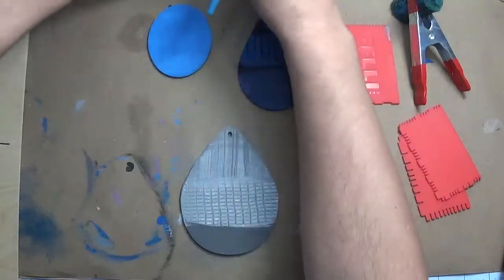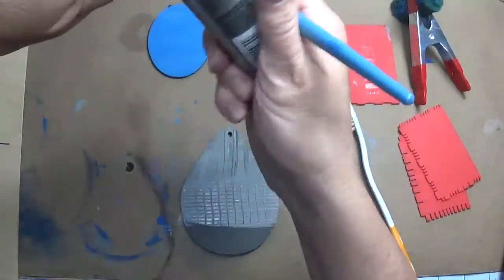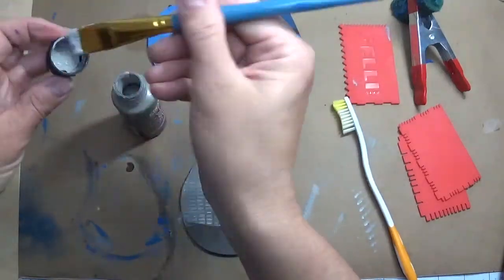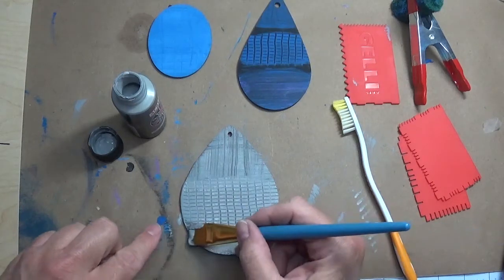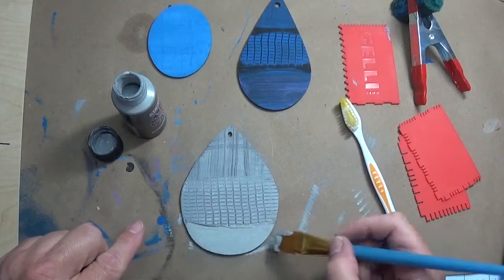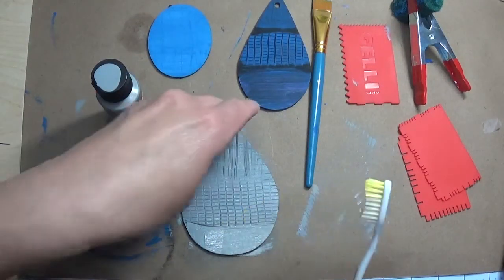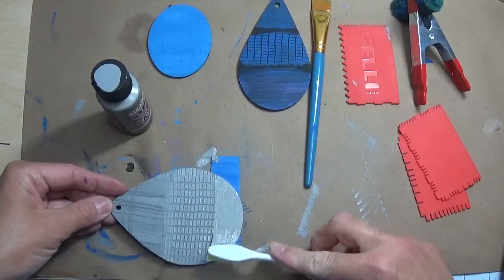So I'm going to use, let's use the lighter gray here. Just again, we don't need a whole lot of paint. And normally you wouldn't do 3 different techniques on one earring like I'm doing here, but this is my world. I'm going to take my toothbrush and this one I'm going to turn it so that I can scrape